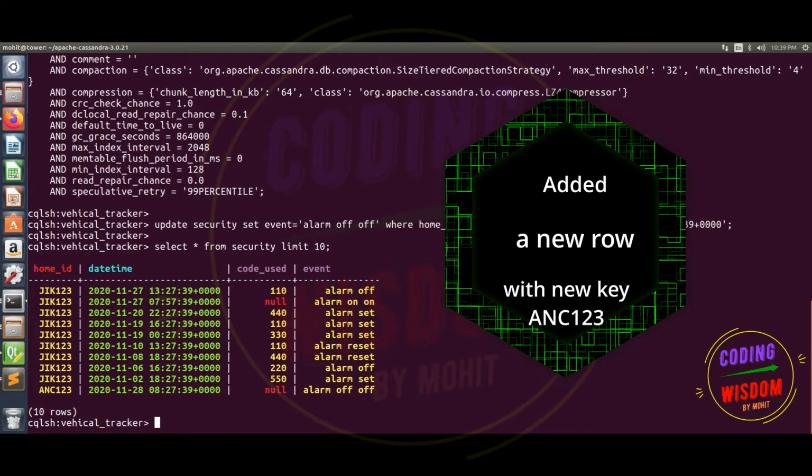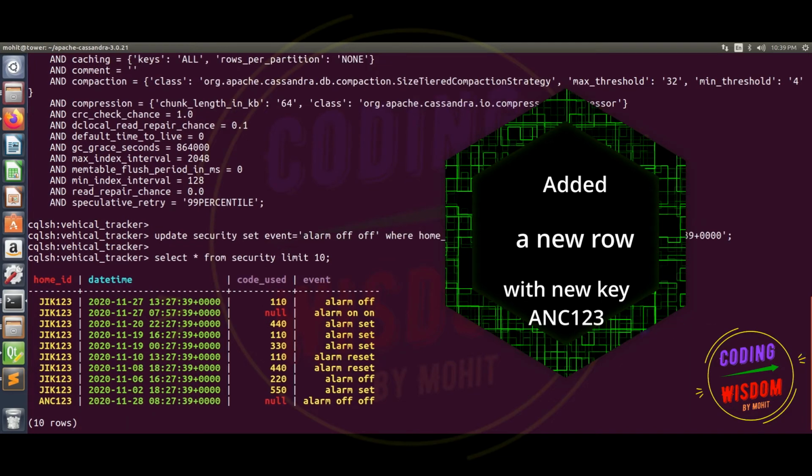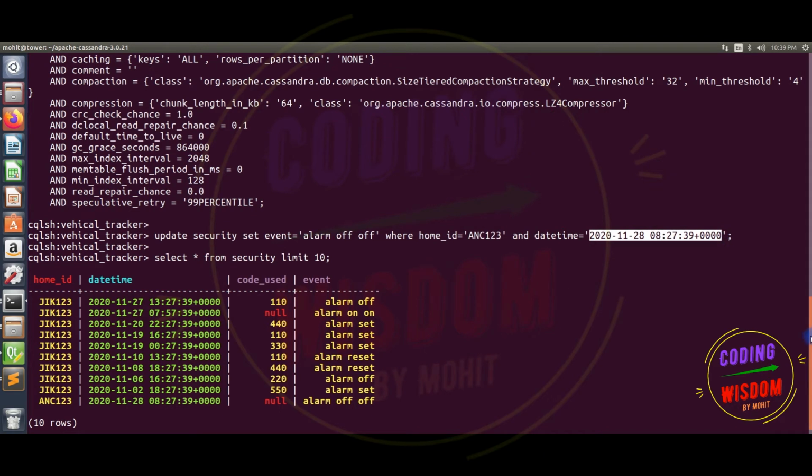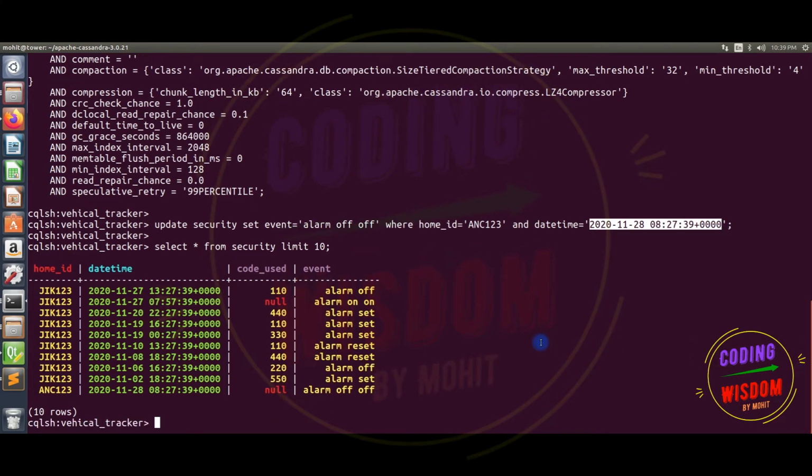So these errors are also possible if you give the wrong ID, like ANC, and date time. So we need to take care of this and give the right home ID. So consider I want to change this one, alarm set. Okay, let's change this one.